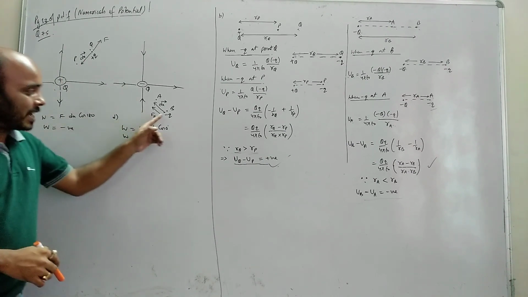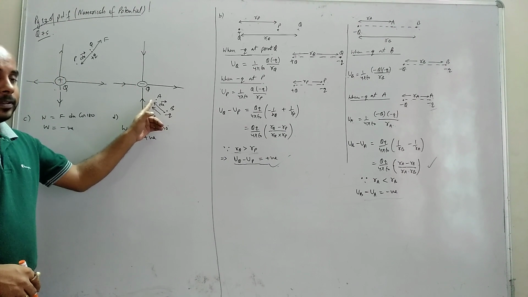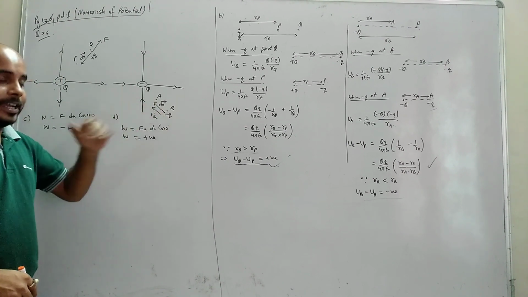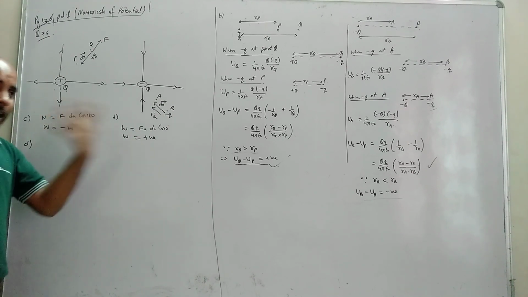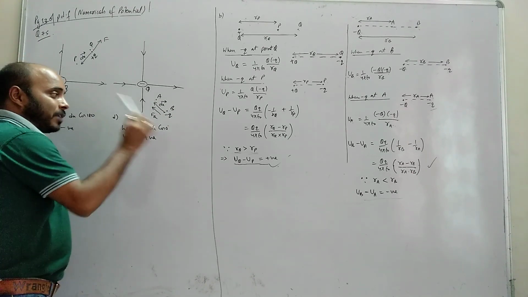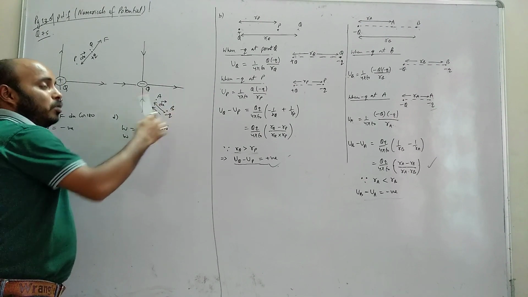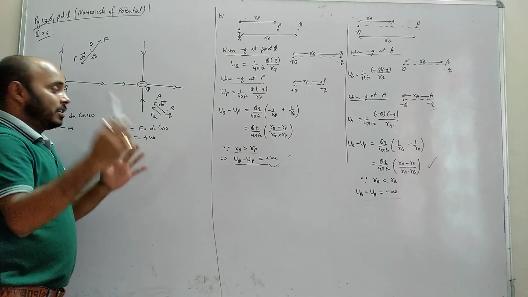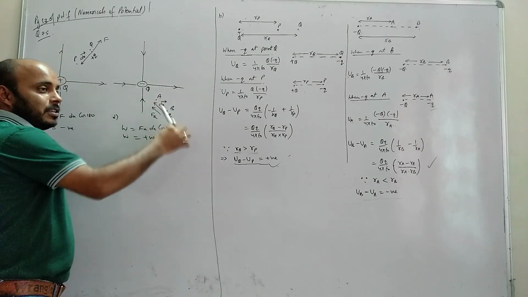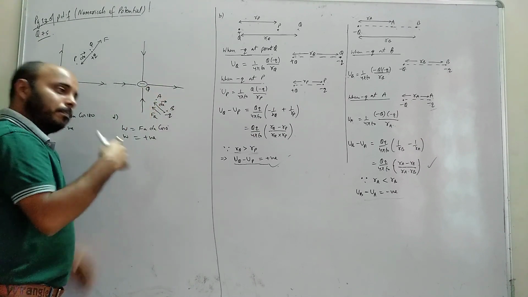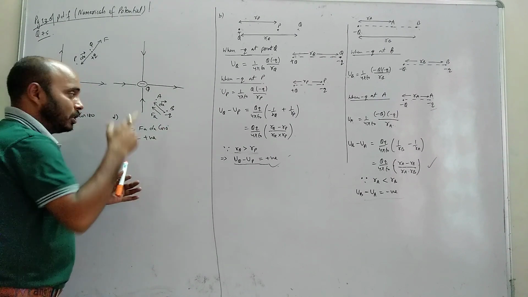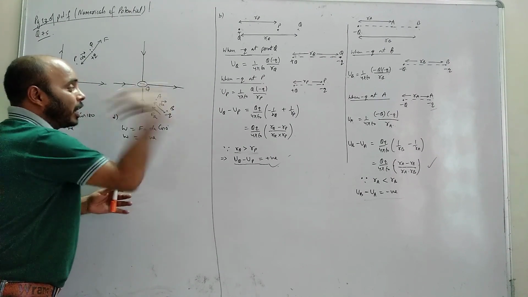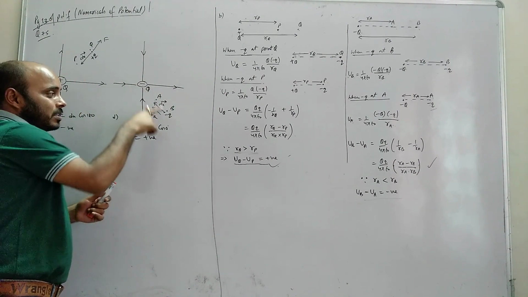When this negative charge is moving from B to A, what will happen to its kinetic energy? Whether it will decrease, whether it will increase or remain same. Now try to understand. I am trying to move this charge in this direction. Who's trying? I am the external agency. So I apply force in this direction. So body is moving this direction. But whatever work is done by me to this charge, this work is done against the electric field, na?